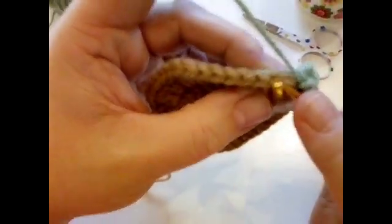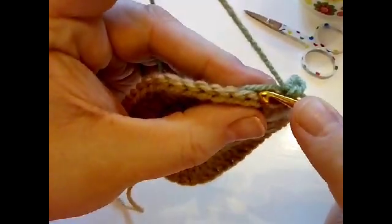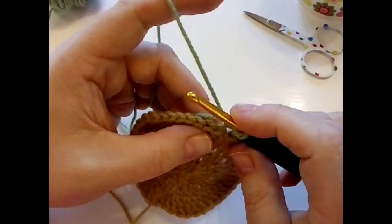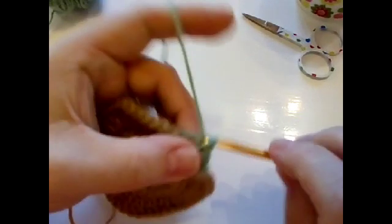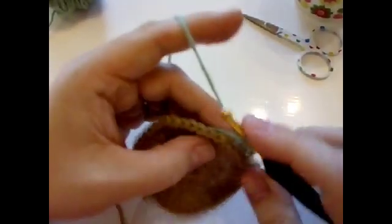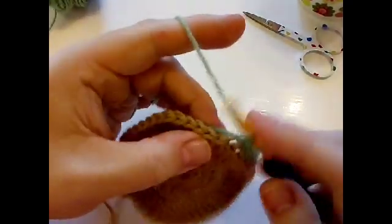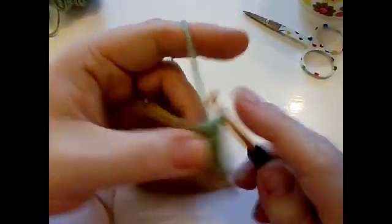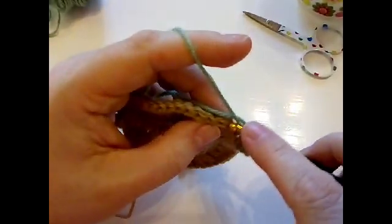So remember, you've got these 2 loops here for your stitch, the front loop and then the back loop. So we're working into this loop furthest away. Okay, so we're going to do a single crochet in each of the next 2 stitches. And then we're going to do a half double crochet in the next 2 stitches. We've done this similar format before for squaring off a circle. So a double crochet in the next,